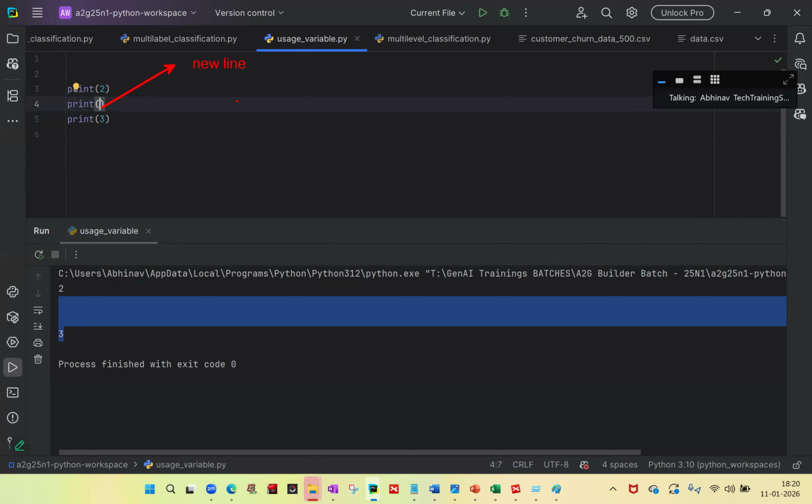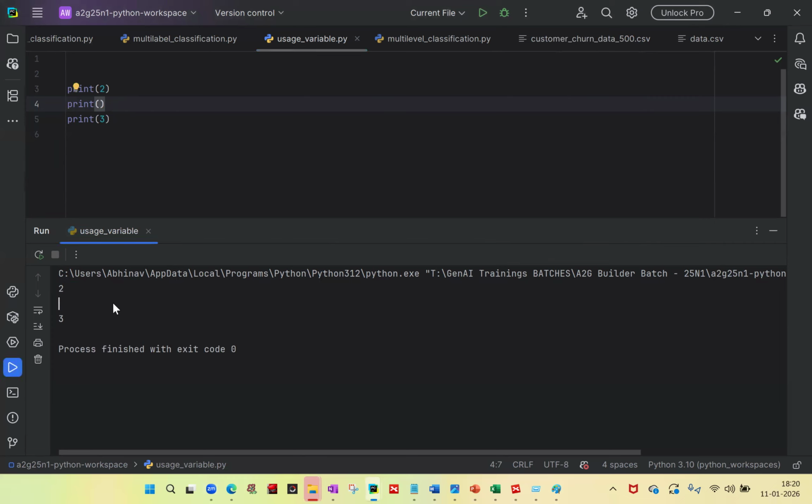Okay. So when I was talking about the print function having zero arguments, one argument, and more than one argument, this is the case where we are using zero arguments. When I run this program now, between 2 and 3, only one new line will be there. See, only one new line is there. So that is how you use the print statement